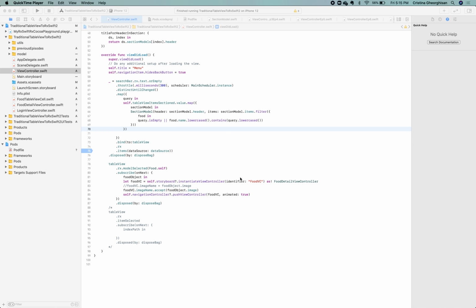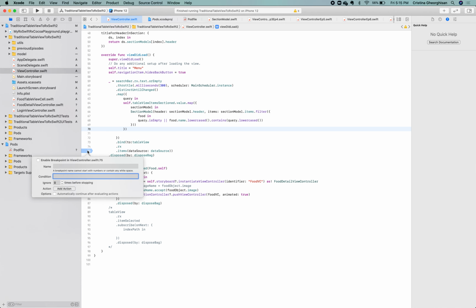We add our breakpoints and stop the execution of the program where we want. Still, with the reactive way of working, this may not be enough every time. So RxSwift comes with a debug operator that will print out all events to standard output, and it also accepts a custom label for those events. Let's see it in action.